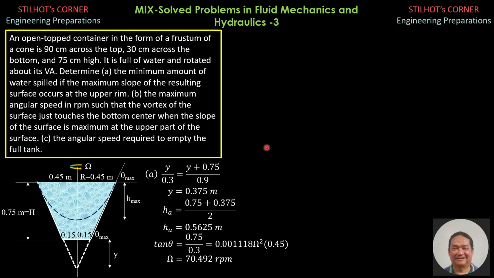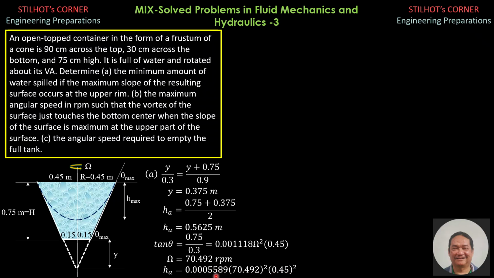So I also derive a formula for the height, which is originally omega squared, angular speed in radians per second squared, radius squared over 2g. And I replace omega by this symbol, omega in revolutions per minute, by multiplying pi over 30. So that becomes pi over 30 quantity squared, then divided by 19.62. And that's why h is equal to 0.0005589 omega squared r squared, where omega is in revolutions per minute, then r squared radius.